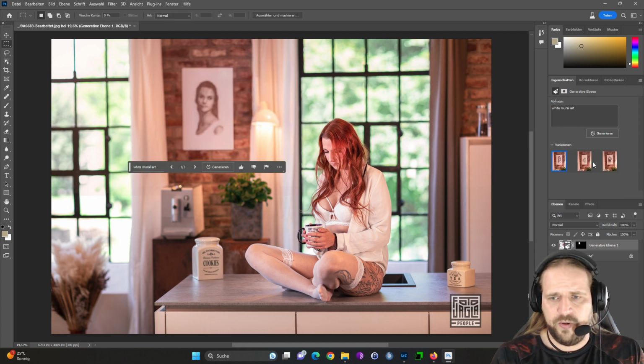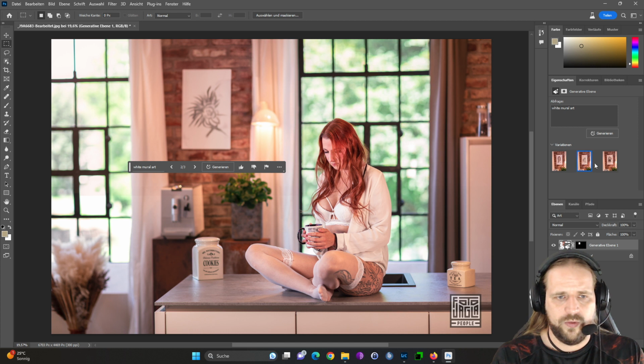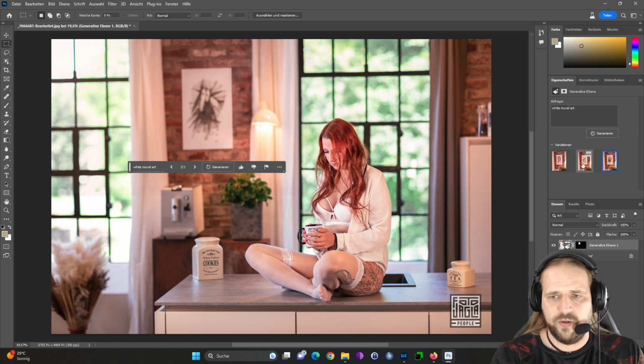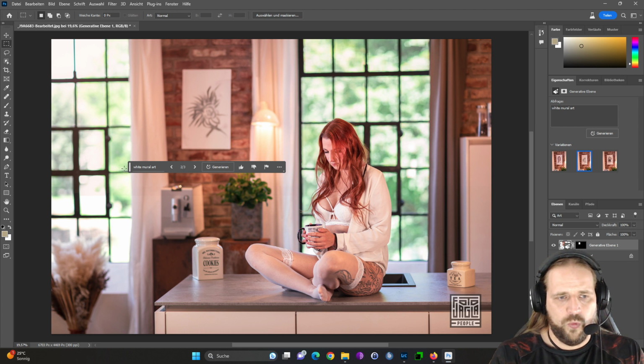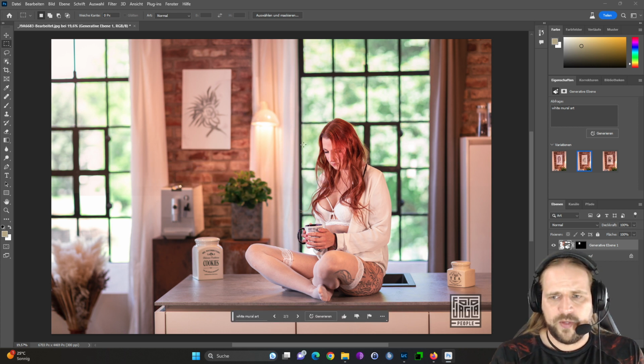And here it is. Wow, this is amazing. Look at this. It generates 3 different pictures. Incredible. Wow. Okay, let's take this one and see if we can